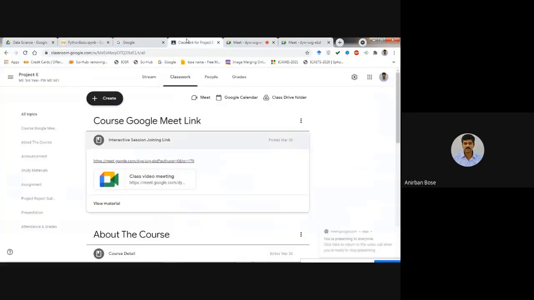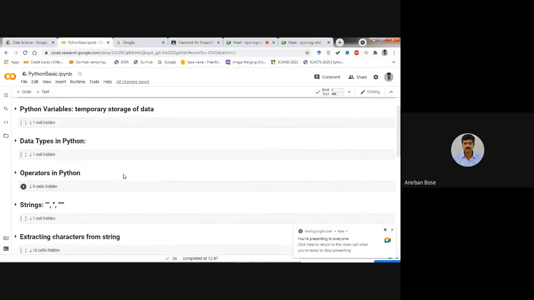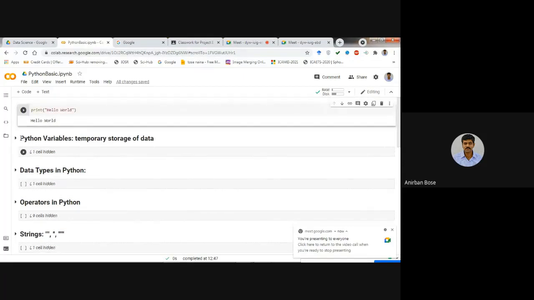So now, next we'll start our course. We'll first see what a variable is. You know what a variable is? This is basically temporary storage of data, and how to use a variable you already know, but what is the syntax used for Python? Let us see that. To write any text, just click plus text. Then you will see that below that particular cell, another cell will come where you can write any text. For your future reference, this kind of text will help you understand the code.